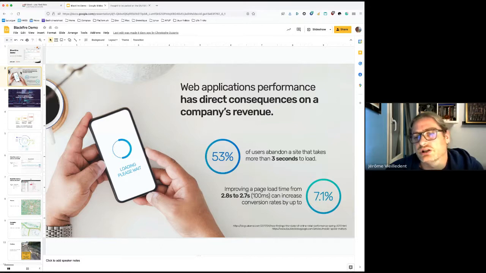The two numbers shown here: 53% of users abandon a site that takes more than 3 seconds to load, is something that we should always keep in mind.